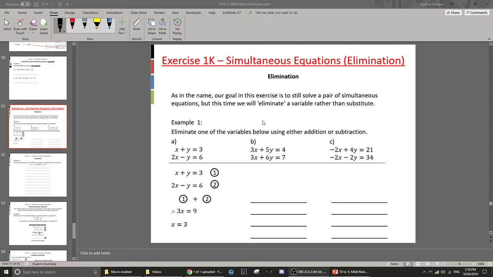So elimination, in this exercise, as it says, is to solve pairs of simultaneous equations, but this time we will eliminate a variable. So rather than substituting in to eliminate, we perform operations of one equation on the other. And you can see down here we've got our little 1 and 2, 1 and 2. Okay, so like last time,